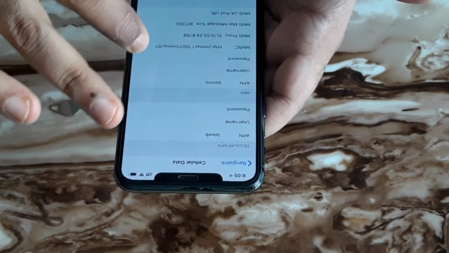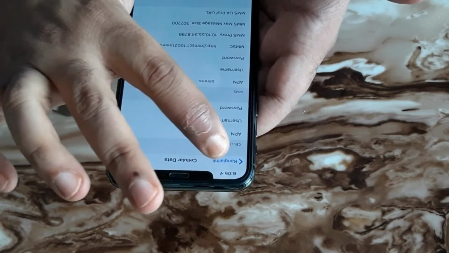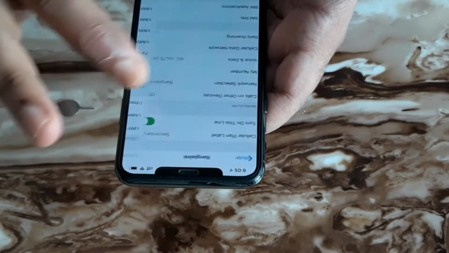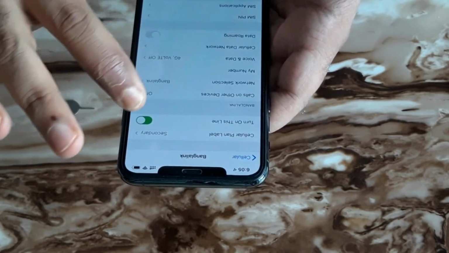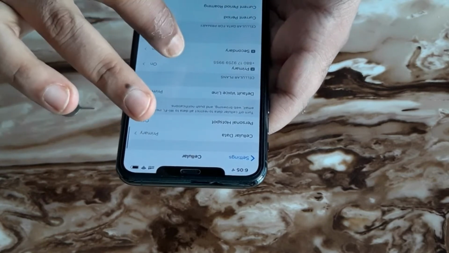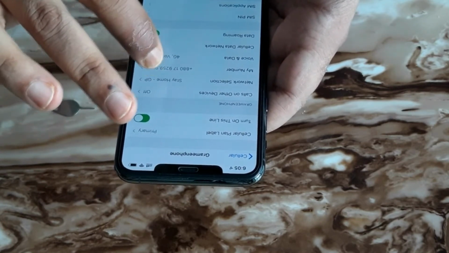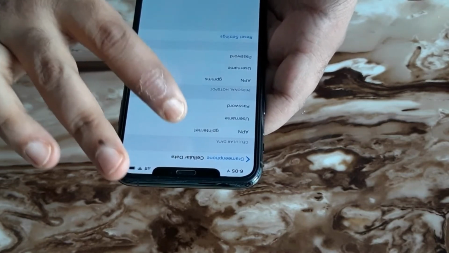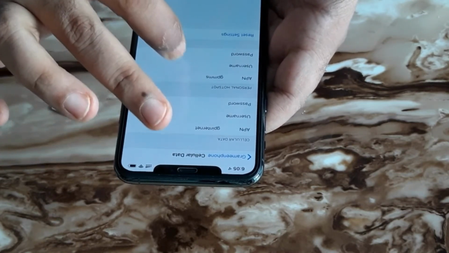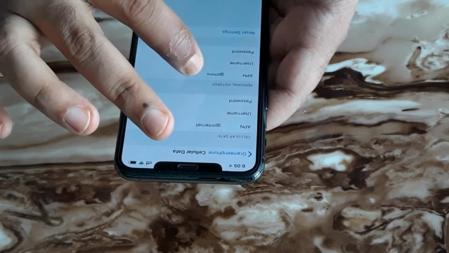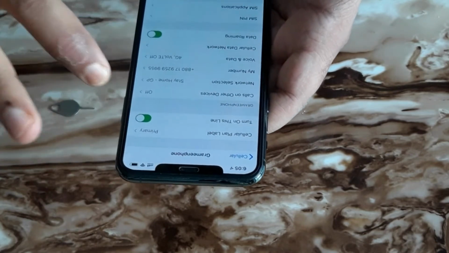Like you can set up the MMS and the APN from here for the second SIM, and when you go to the primary SIM, you can do the same. You can do the same for this one as well, like APN and the hotspot. What should be the settings for that,